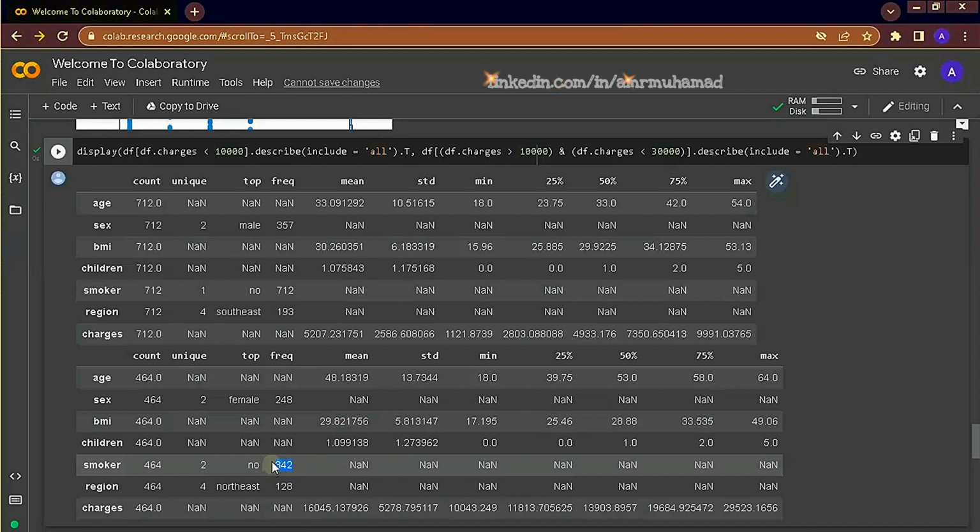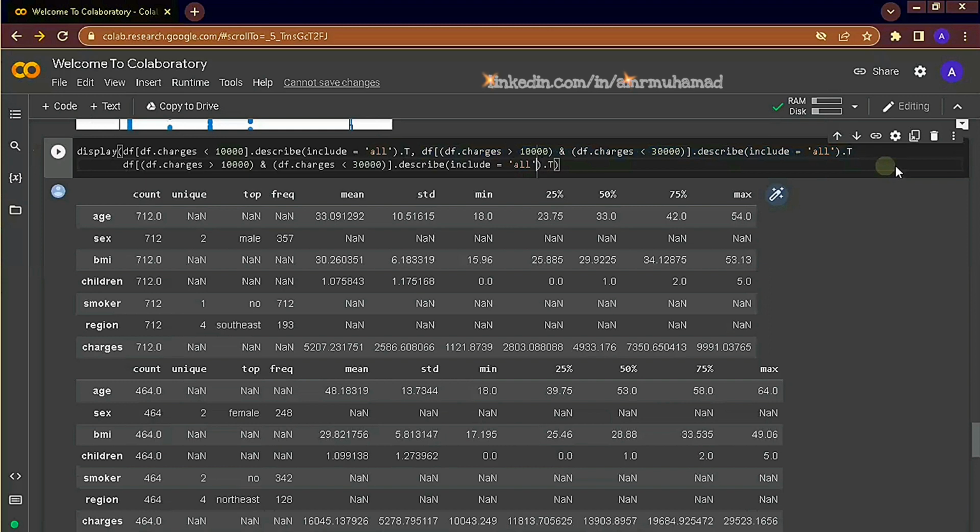If we subtract the non-smokers from the total, it will give us the number of smokers, which is 122. So 122 divided by 464, it's around 25% smokers. As smokers tend to get into the mix of customers, charges tend to increase.